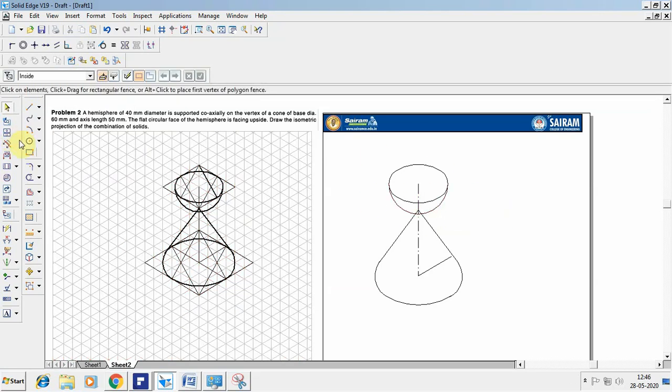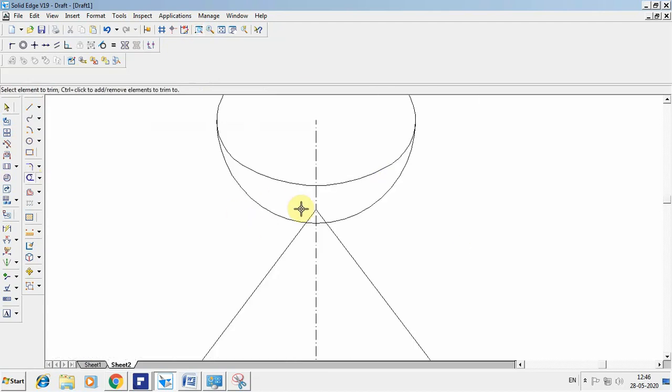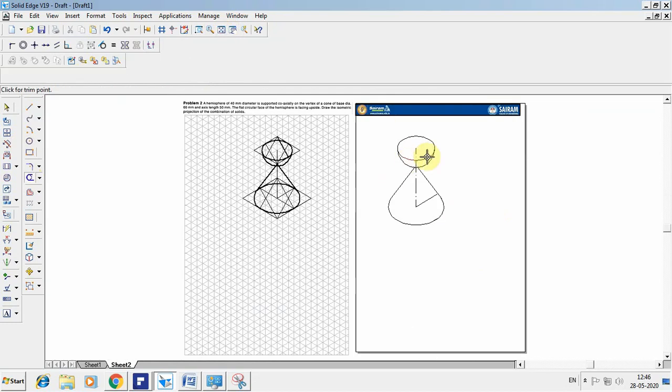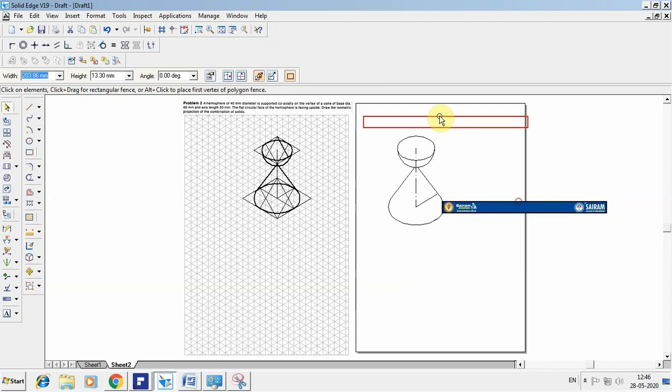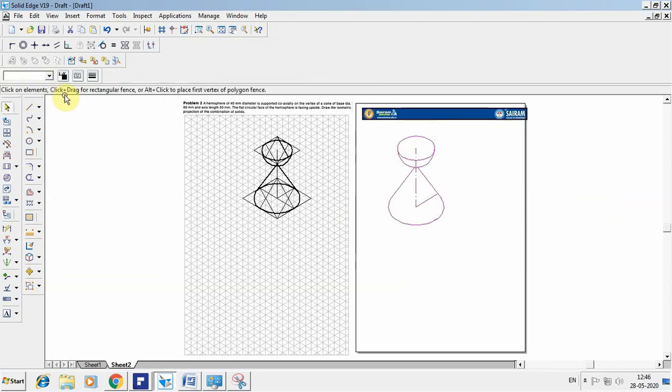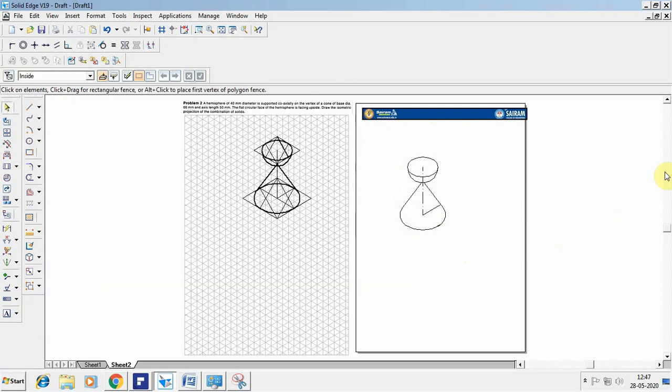Now if you compare this problem with your sphere problem, here you are not doing any outer dimension of the sphere, so it will be a cut shape of the sphere, so no need to reduce the scale before drawing the hemisphere. Together you can reduce the scale after completing the sketch. So I'm going to select the complete sketch, go for the scale, and reduce the scale to 0.82 and place it on the sheet. So this is how you're going to solve the problem.